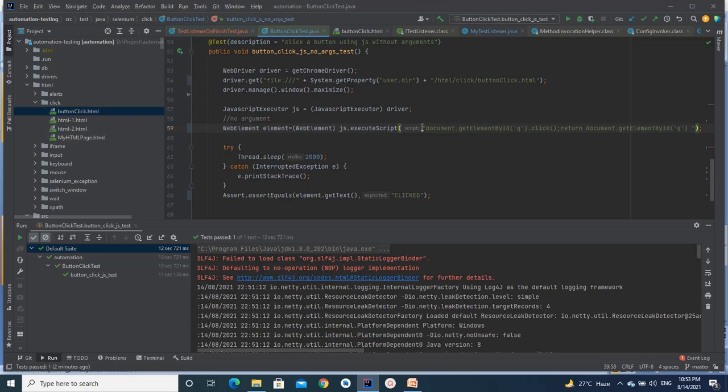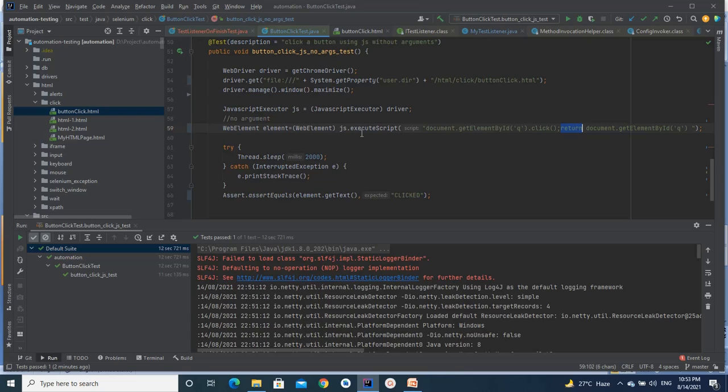So here you can say double quote starting, and then a semicolon, meaning this is the first statement of this JavaScript. The second statement is return document.getElementById, and the id is q. In the second statement, we are again finding this element and returning it.